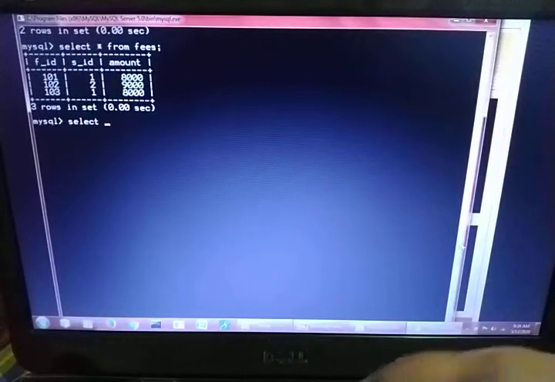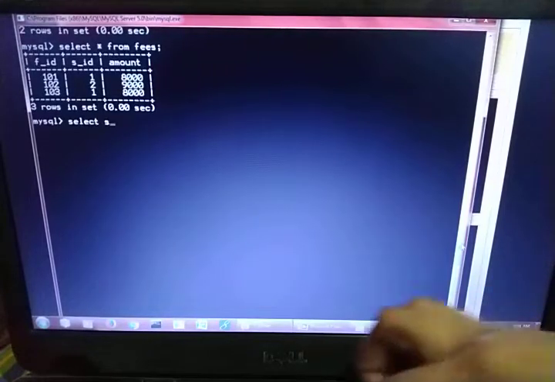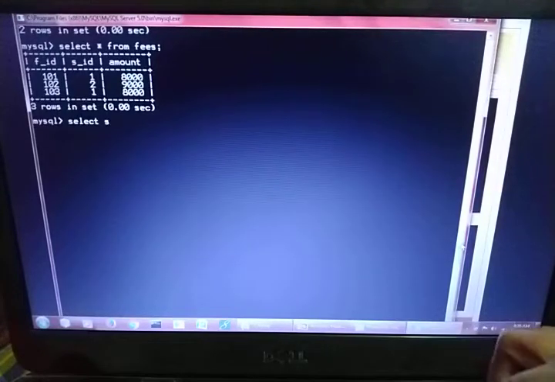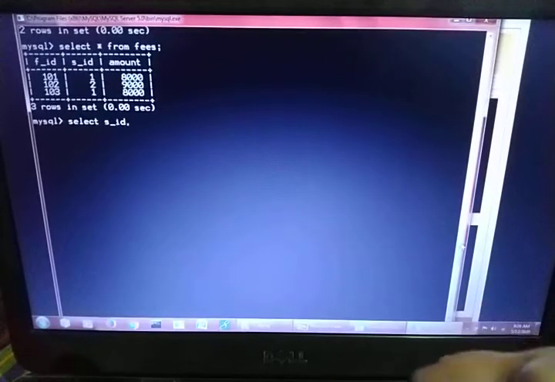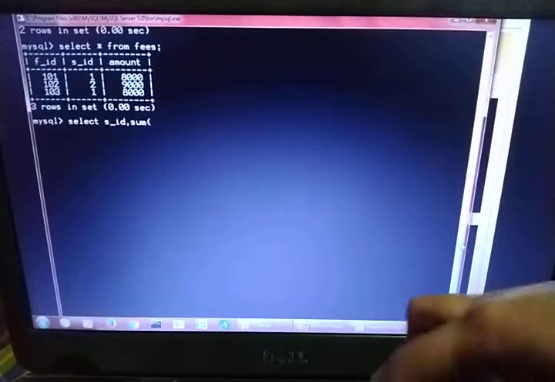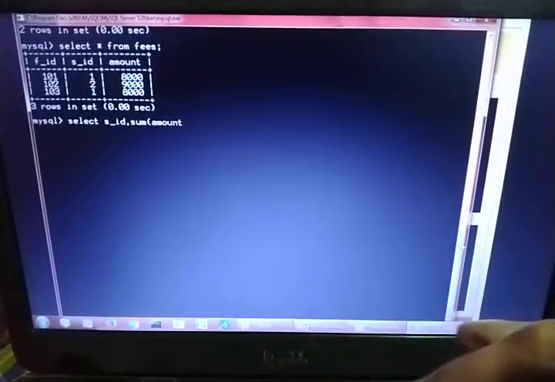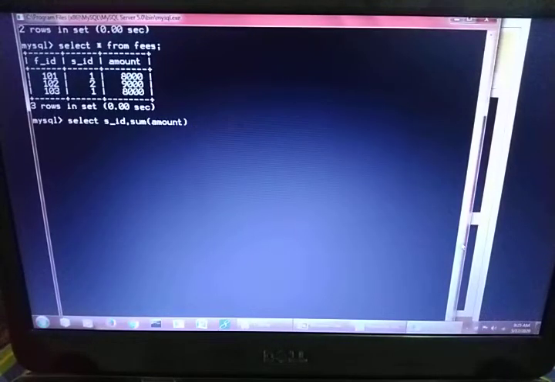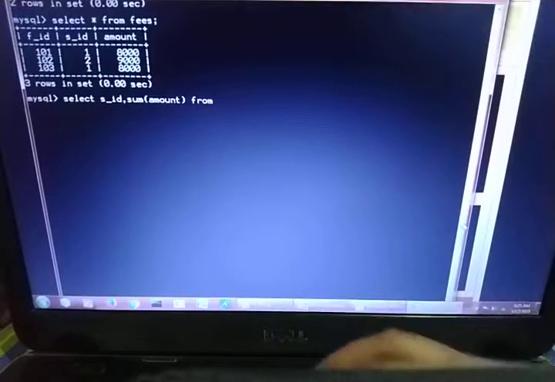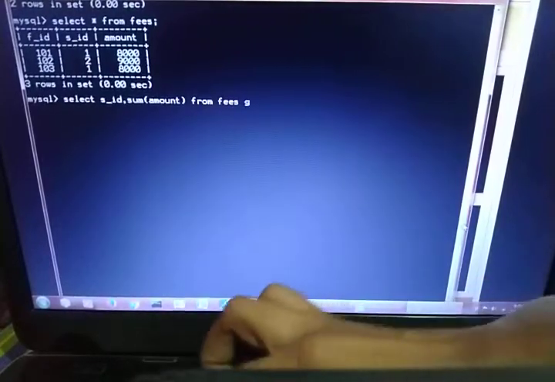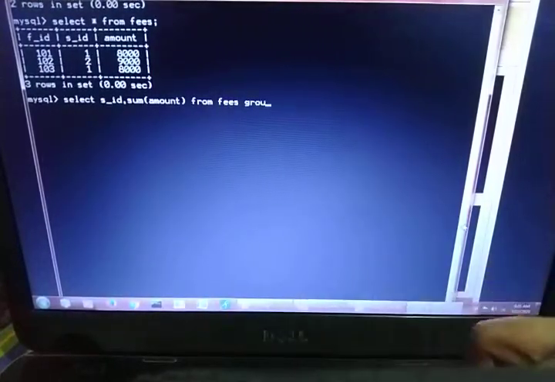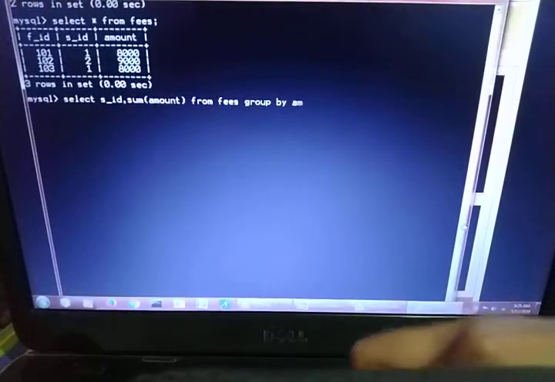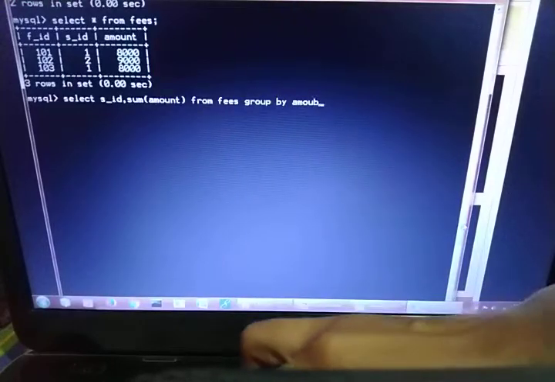Now what I want to do, I want to select SID. First I want to select the SID, comma, I want to sum the amount, then from table name fees, then group by your column name, that is SID.